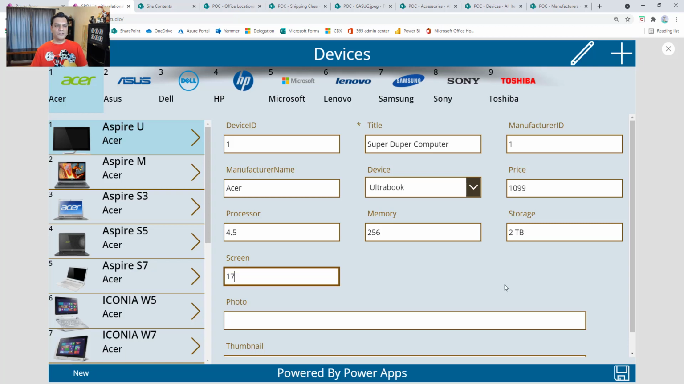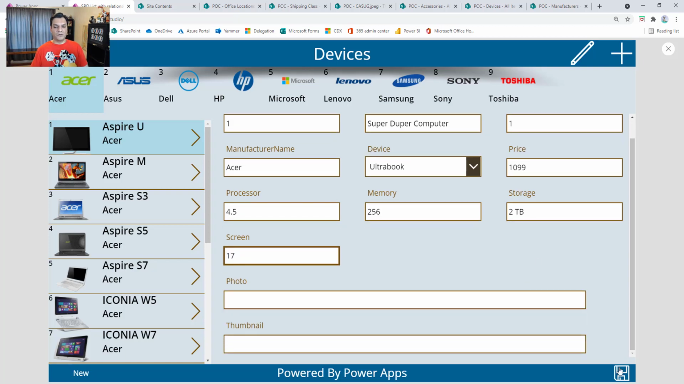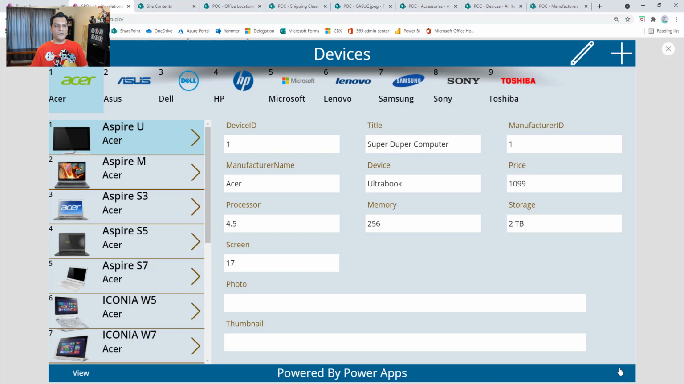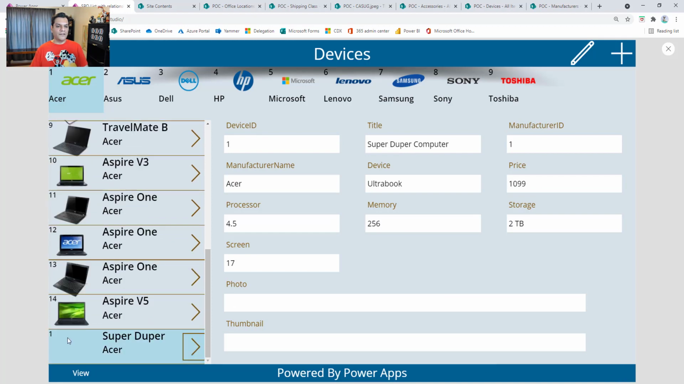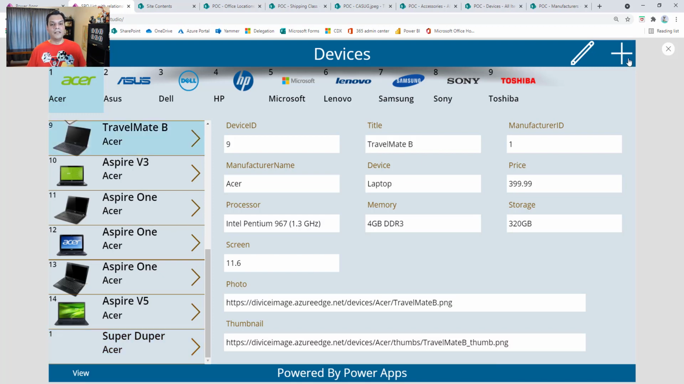I don't have any images right now, so I'll just leave the images as is, and I'll go ahead and save that. It's going ahead and saving it, and I come back over here to the super duper computer. Didn't have any images, and it went ahead and saved everything. It even remembers to keep that drop down that I selected. So now that you've seen this fancy thing that happened over there,